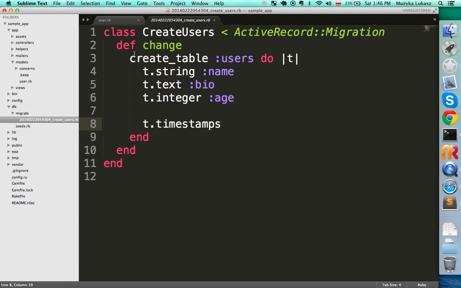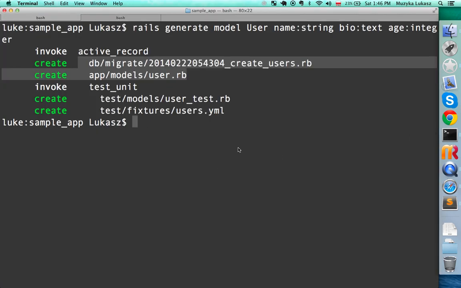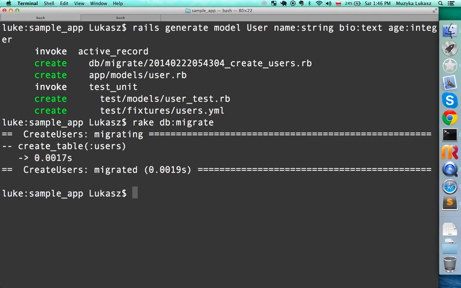So let's update our existing database using this file. And this is extremely easy. You just go back to your bash and type this command, rake db migrate. That's it. That's all we needed to do. No SQL, nothing. And we have our user model is already inside of our database,